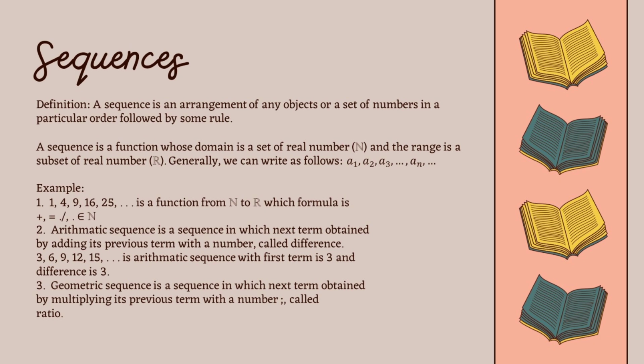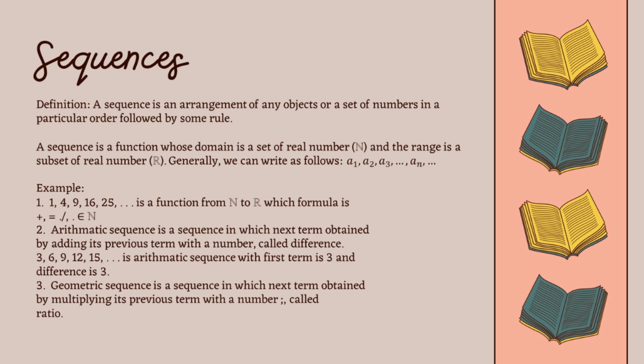For example, the first example, 1, 4, 9, 16, 25 is a function from N to R, which formula is n squared, an element of N. The second example, arithmetic sequence is a sequence in which the next term is obtained by adding its previous term with a number called the difference. 3, 6, 9, 12, 15 is an arithmetic sequence with first term 3 and the difference is